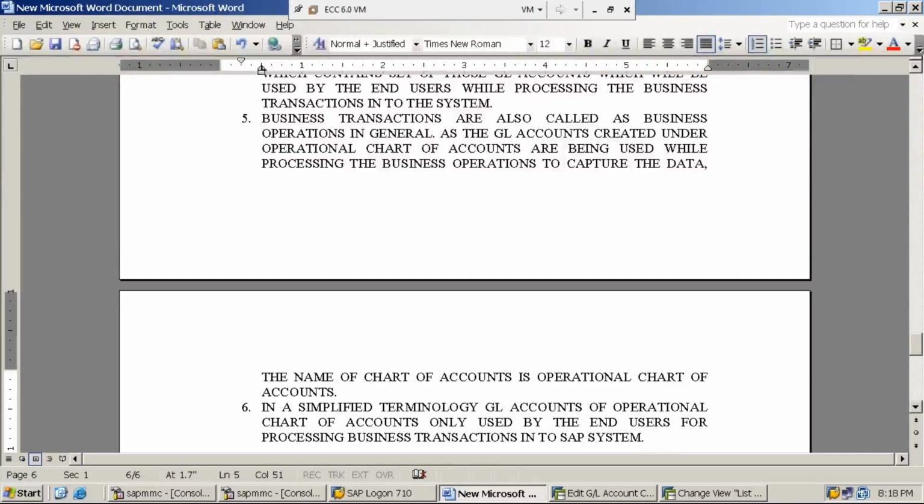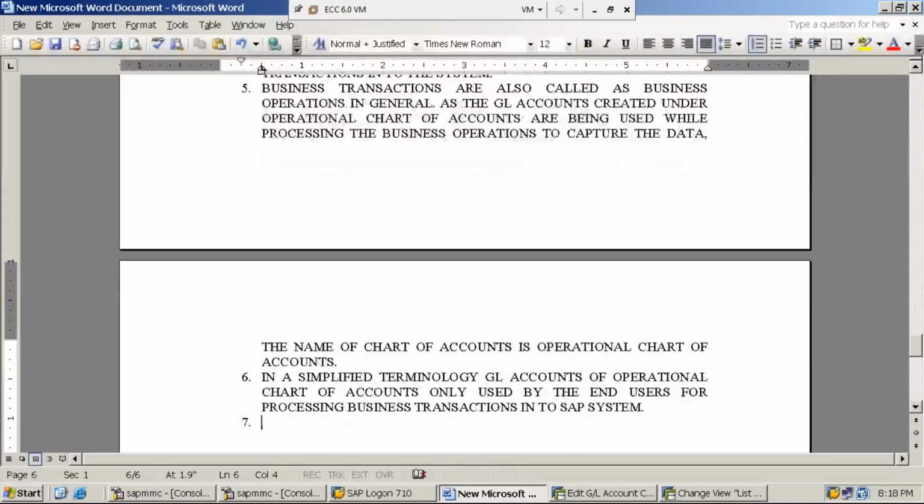Next point. This seventh point is not that important, but just for your information sake, I am giving. Country specific chart of accounts are those chart of accounts